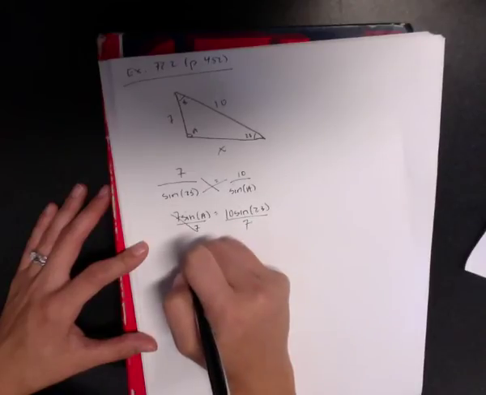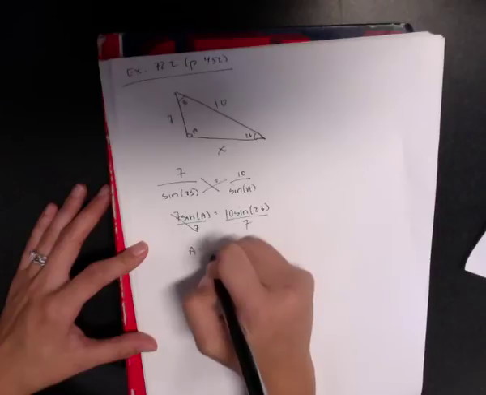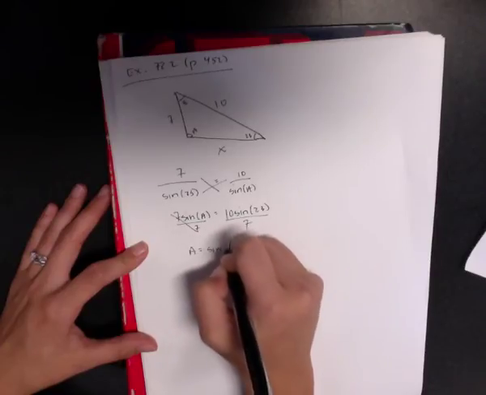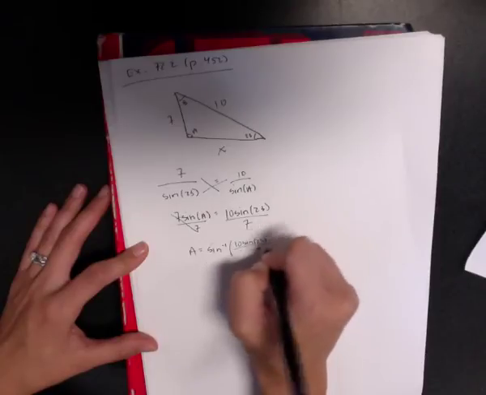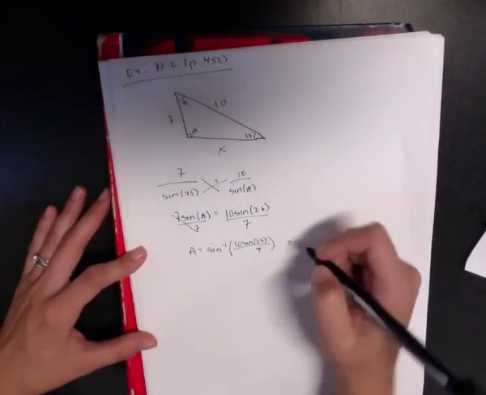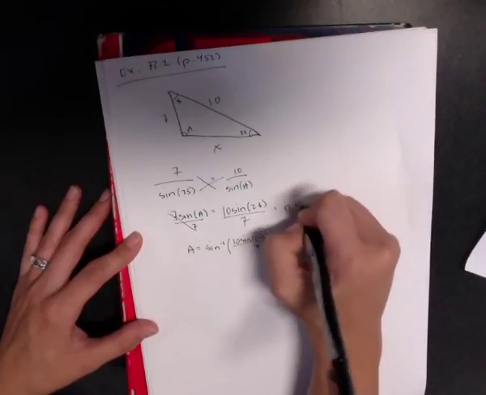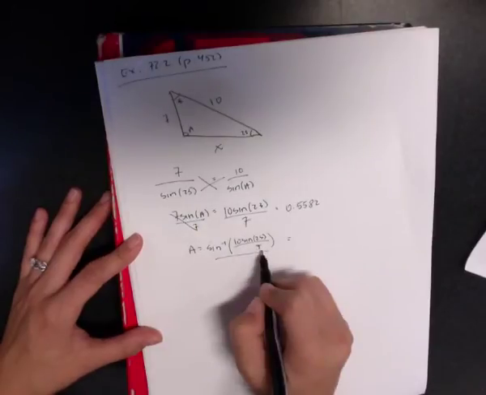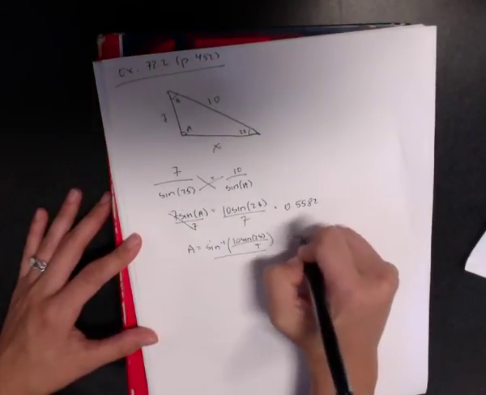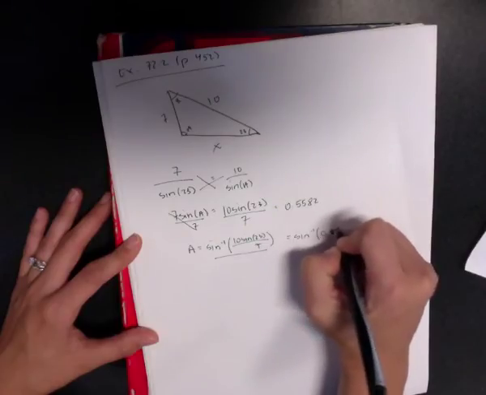So then A is going to be the inverse sine of 10 sine of 23 over 7, which we already found equals 0.5582, or you could plug it into your calculator as this whole giant thing. But I will rewrite it. We'll have the inverse sine of 0.5582,